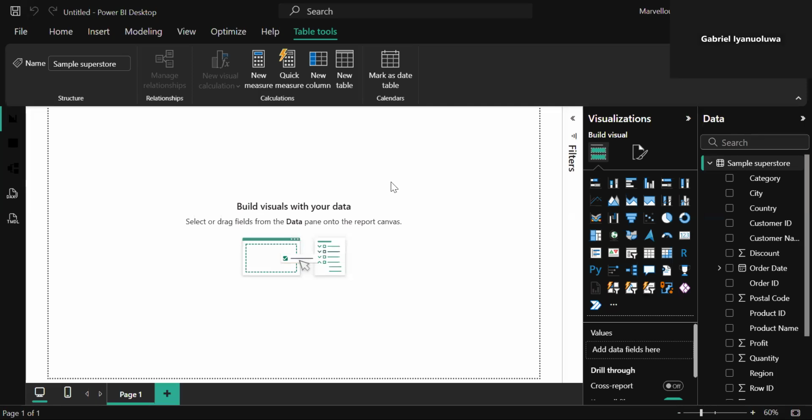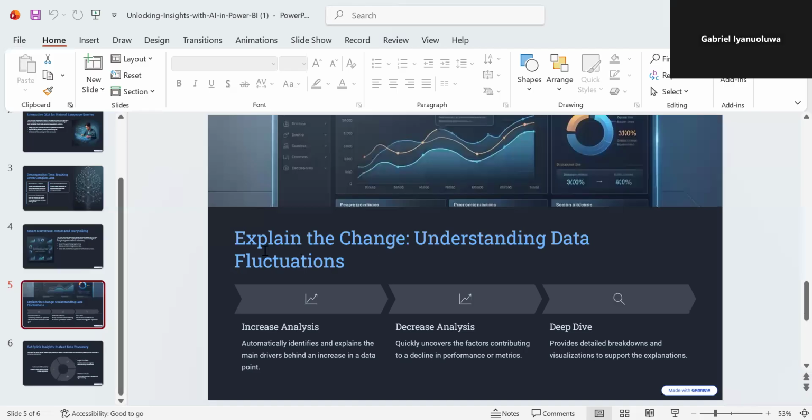Starting from unlocking the AI features in Power BI, from our question and answer, they can take us back to it just to review. Down to our decomposition tree, down to our smart narrative, which we tried to study last time. Also today we are going to be explaining understanding data fluctuation, why we are having increase